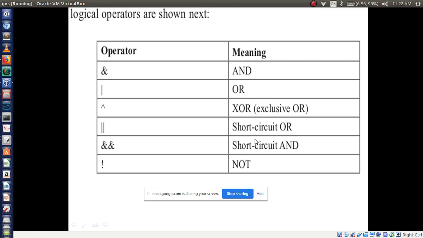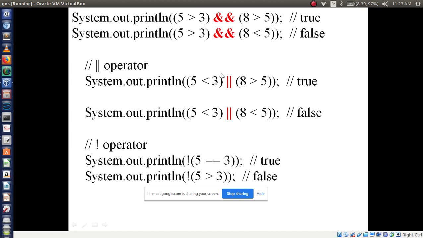See here, in your C++, apart from this, in Java you have to remember this one is short circuit OR, this one is short circuit AND, and this operator is nothing but the NOT operator, right? AND or XOR, short circuit OR, short circuit AND, then NOT. So these all are logical operators. We'll see how this will work.